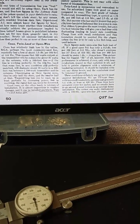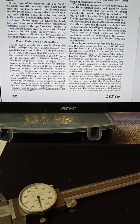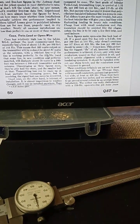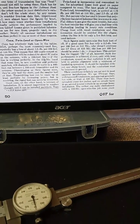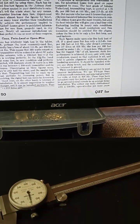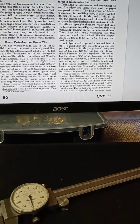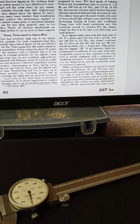Coax, Twinlead or open wire. Coax has relatively high losses in the tables. He's talking about UHF here. VHF, UHF, 2.5 dB per 100 foot at 144 megacycles. Well, duh, don't put the transmitter 100 foot away. Would that fix the problem? That means 100 watts at the transmitter will be about 57 at the antenna. Probably,